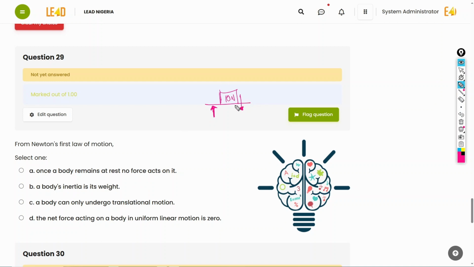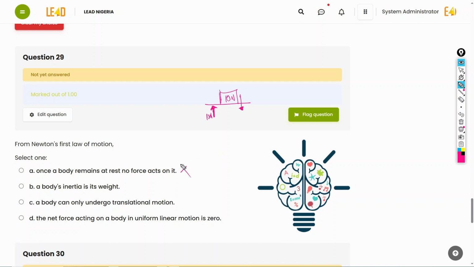So if I have 10 newtons down and I have 10 newtons up as a reaction force, then it's going to stay on the table, right? It's not going to fall through. It's just going to stay on the table. So it's at rest, but there are actually forces acting on it. So this is wrong. If they had said once the body remains at rest, no unbalanced force, I would have taken